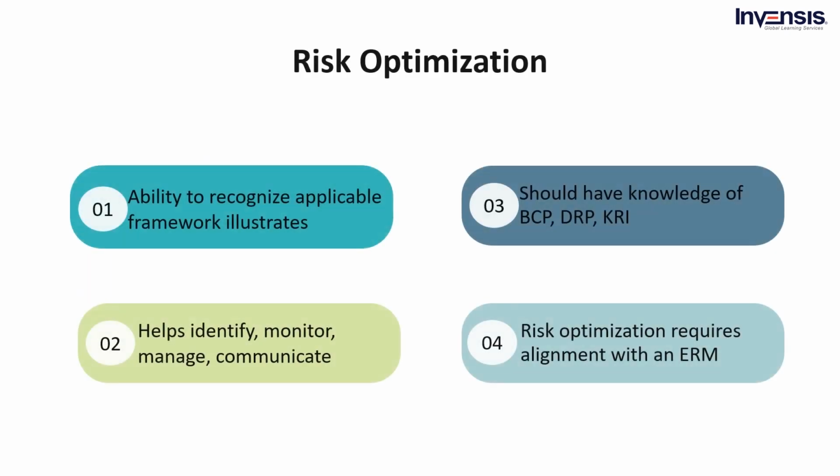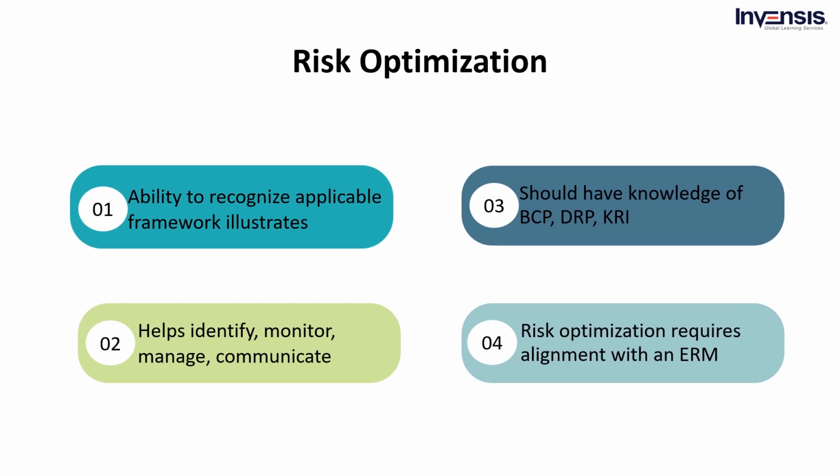And the fourth and last domain is risk optimization. The last CGEIT exam domain assesses a candidate's ability to acknowledge that an applicable framework illustrates good governance. In addition, the IT management framework should be the one that helps identify, analyze, monitor, manage, communicate and mitigate IT-relevant business risk sectors. Candidates must have command of BCP, that is, business continuity planning, DRP, that is, disaster recovery